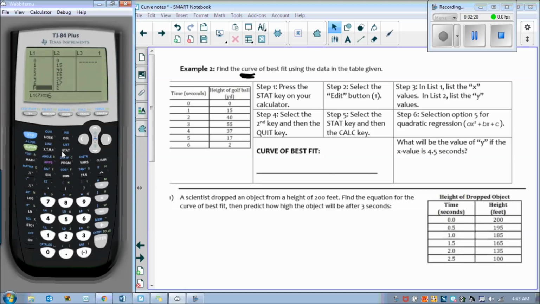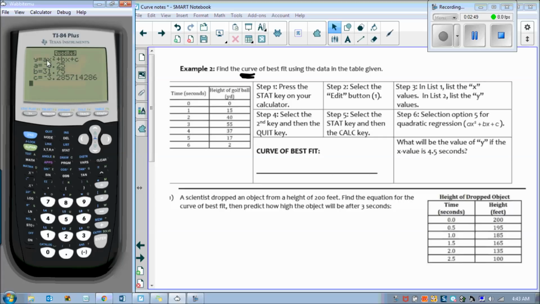We can just hit stat again and then go over to calc. And we don't want a line of best fit anymore. We want a quadratic of best fit, a curve of best fit. So we're going to hit quad reg, and it's going to give us something in this form: ax squared plus bx plus c, something that's quadratic. We still want to use list 1 and list 2. So I'm going to hit calculate, and it's going to tell me my a, b, and c